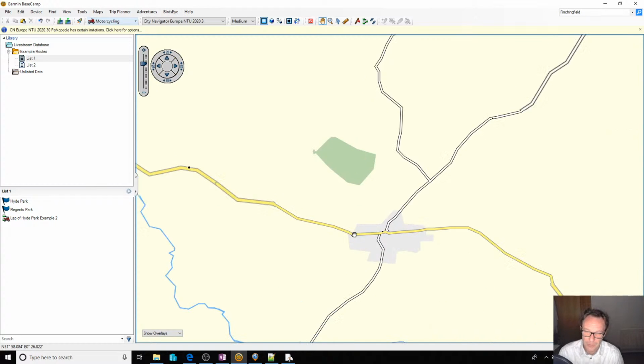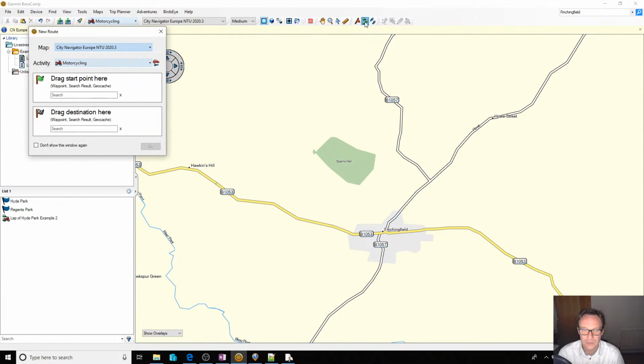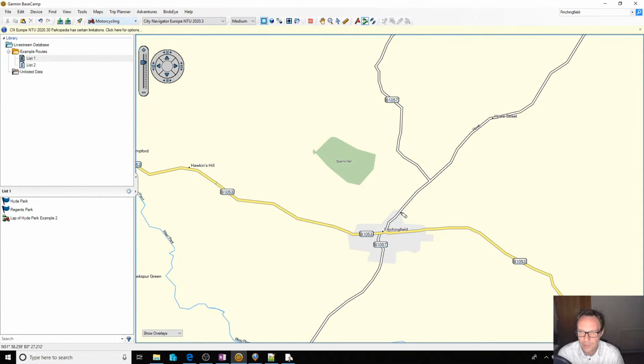So let's say we wanted to do a ride around Finchingfield. Let's kick it off from there. So again, I'm going to select a list. Let's do it in list one again. I'm going to click the new route tool. I'm not going to drag start point and end point. So I'm going to click away. So if I was going to go around Finchingfield and we'd arranged to meet in Finchingfield, I'd put my start